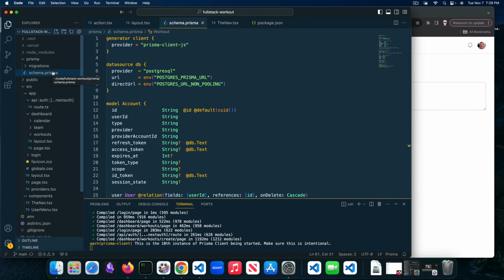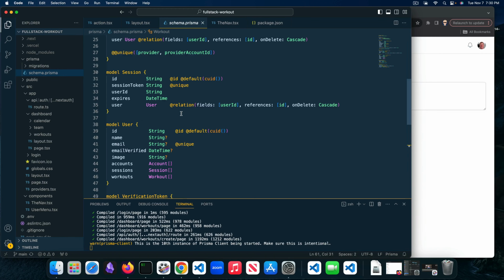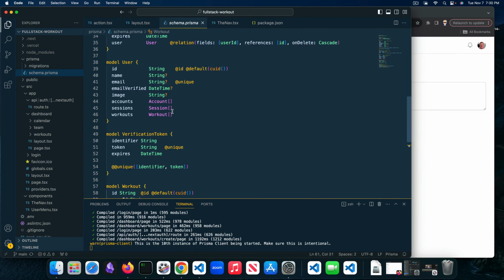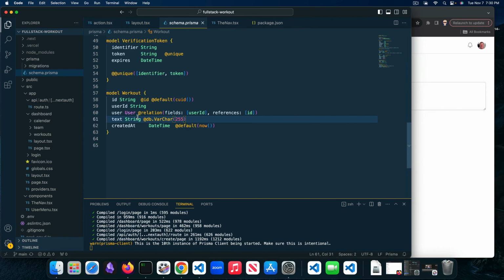So this is all built using Vercel Postgres. And then on top of that, we've layered Prisma as our ORM. So you can see here that we've got just a couple of models, some of which handle our sessions and users and notifications, and then also a model to store our workouts. We'll dig into the code a little bit further in the next section of this video, but to get started,